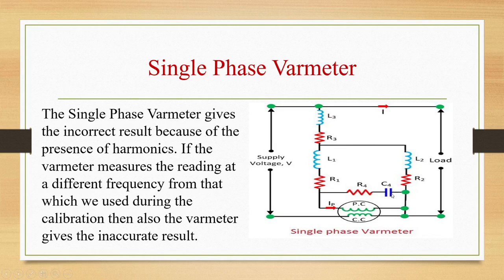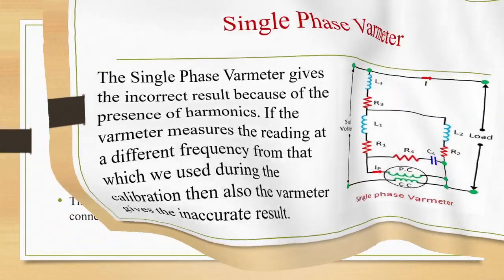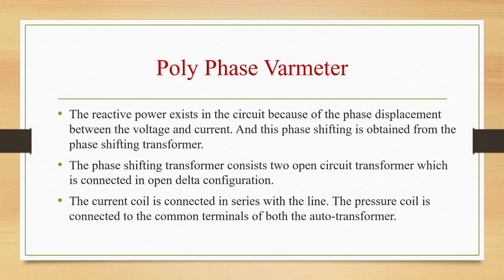So single phase VAR meter is giving the incorrect result because of the presence of harmonics. If the VAR meter measures the reading at a different frequency from that which we use during the calibration, then also the VAR meter gives the inaccurate result. Let us see the second one,